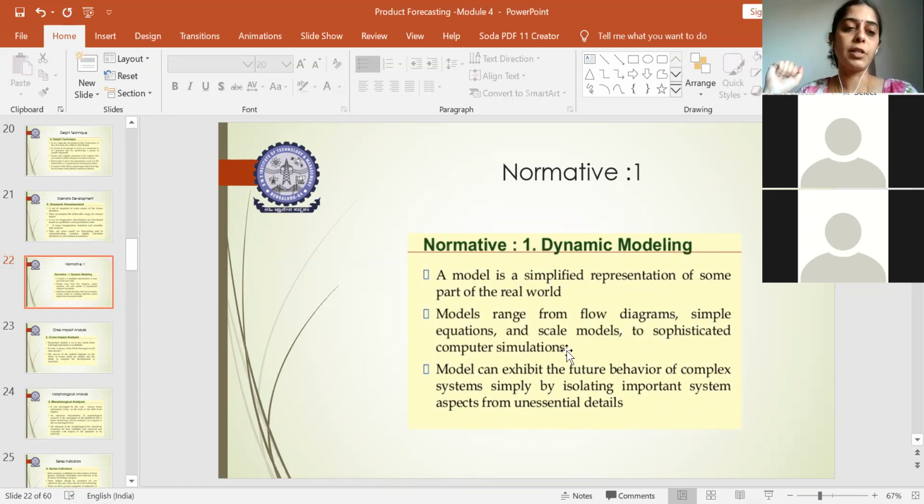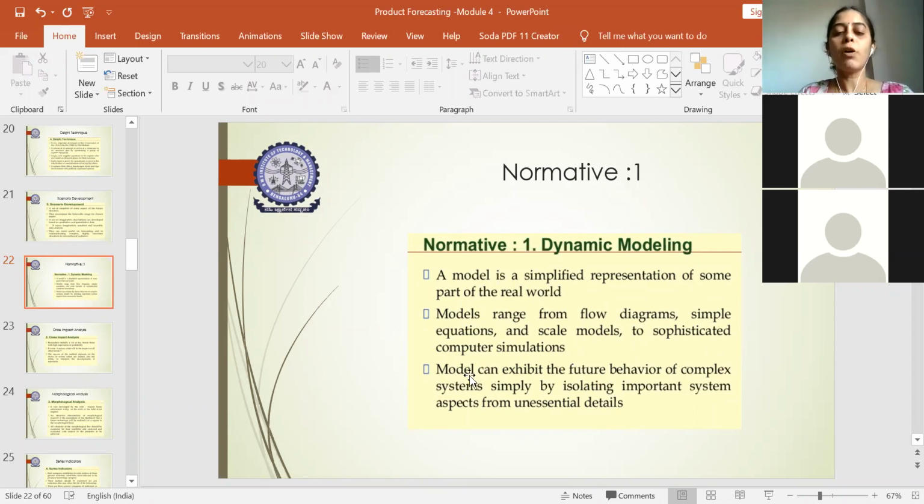So the model can range from the simple to the sophisticated simulations. When the problem analysis could not be done with a mathematical equation by a human, that happens when the parameters are too high for identifying a mathematical equation, then we rely on the simulation aspects. So for complicated variables where deriving the solution by mathematical equation is difficult, in that case we go with the sophisticated computer simulation software. So the model could range from very minimal to a sophisticated kind of model.